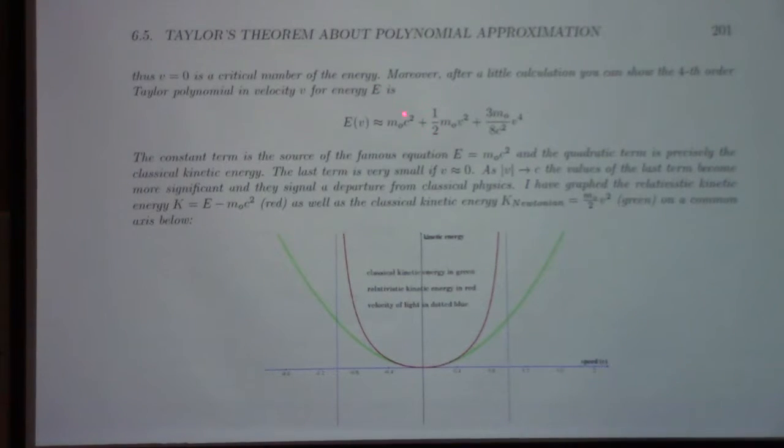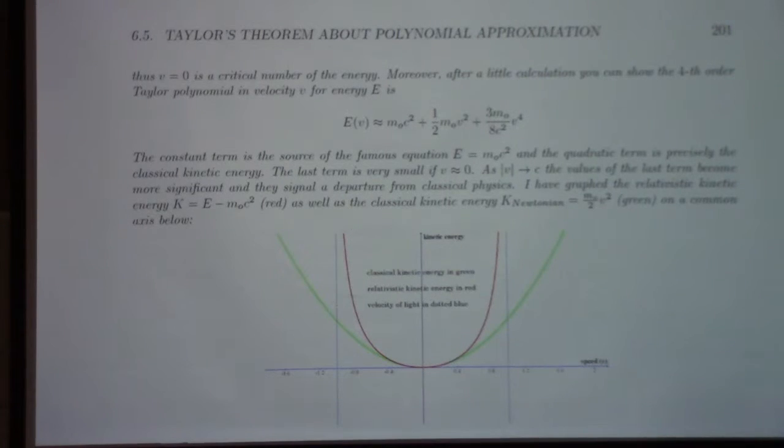Let's see here, m naught c squared. This is the rest energy, right? And that is very large compared to this, because c squared is, well, big, 3 times 10 to the 8th. c is the speed of light here. And so this is interesting in a sense that power series allow us to understand how one formula relates to another. It allows us to take a given physical theory and approximate a variable and understand how it interrelates to other theories and certain approximations,